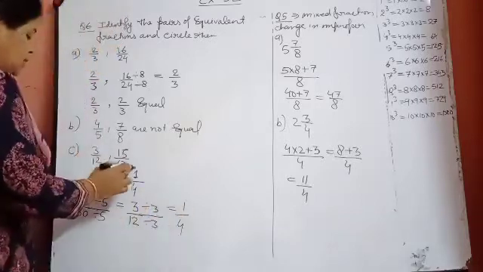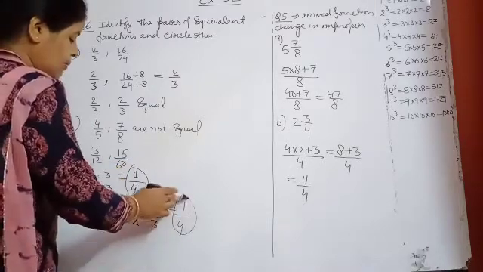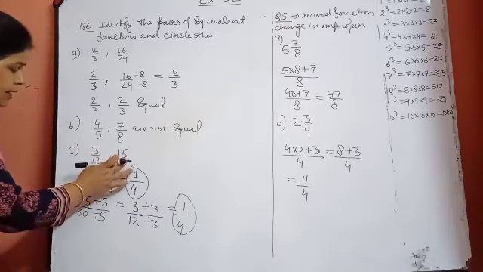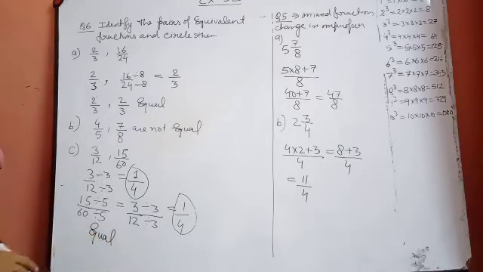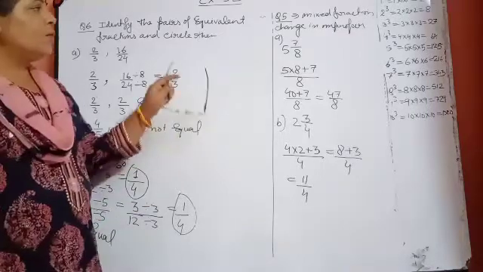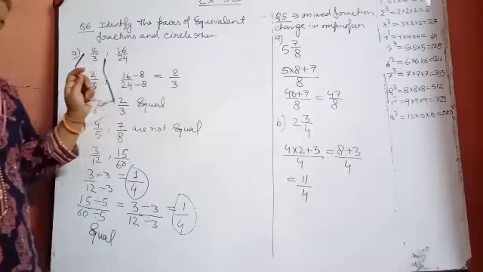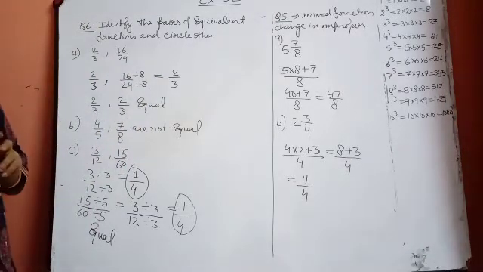Now see that this fraction we will be able to write as 1 upon 4. This one is also able to write as 1 upon 4. So when we converted them into the lowest form, both of them came equal. So they are equivalent fractions. Equal means they are equivalent fractions. Okay, so in this way beta, the rest two parts of this question you will do yourself. So in this way your exercise 5.2 has completed.